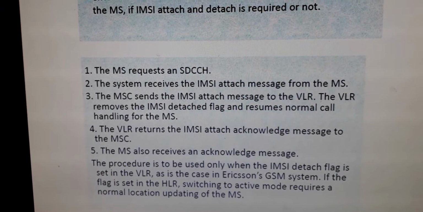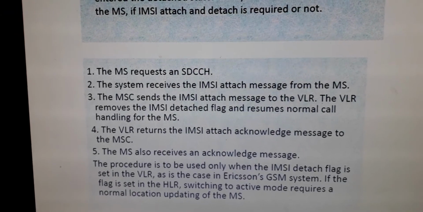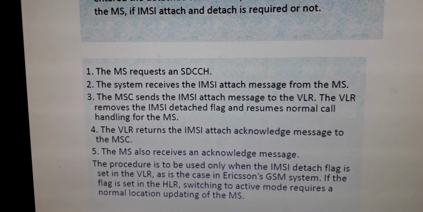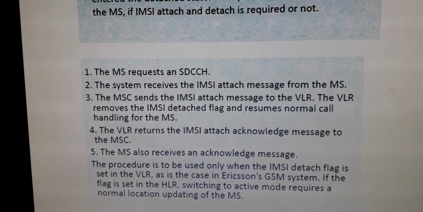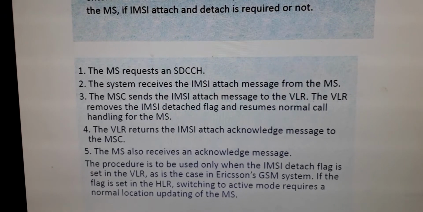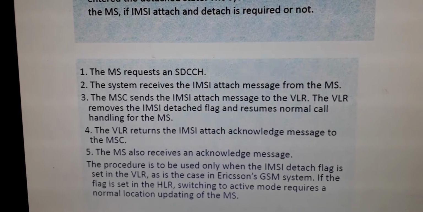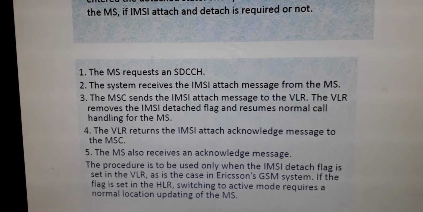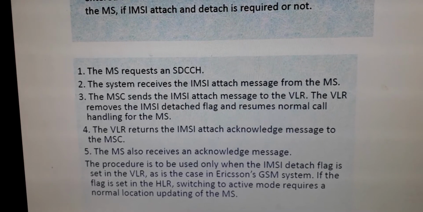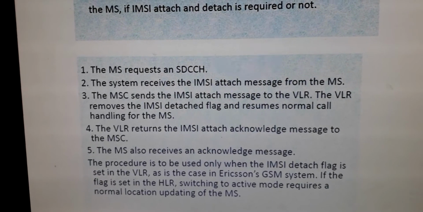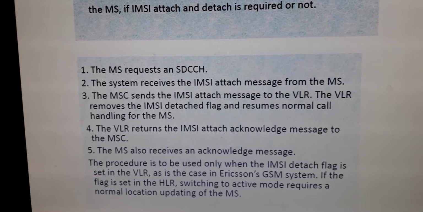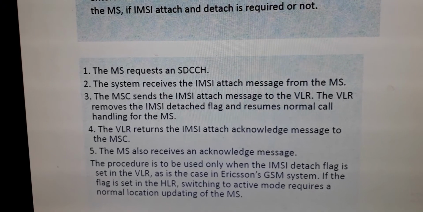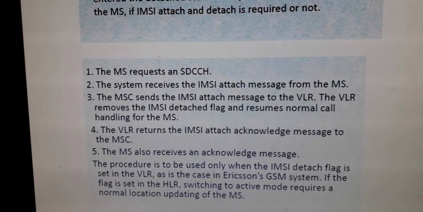So the IMSI attach message is going to the MS. The MSC sends the IMSI attach message to the VLR. The VLR removes all IMSI detach flags and resumes normal call handling for the mobile station. The VLR returns an IMSI attach acknowledgement message to the MSC. MSC and VLR know that the mobile station is in switch on condition, and the mobile station also receives the acknowledgement message.